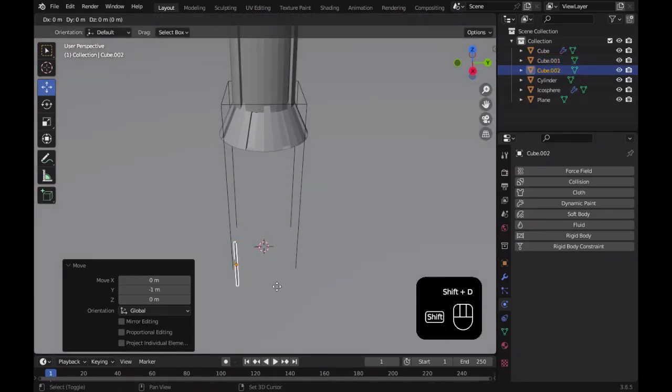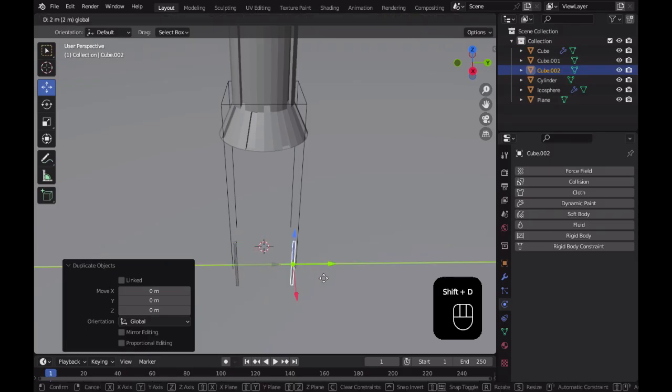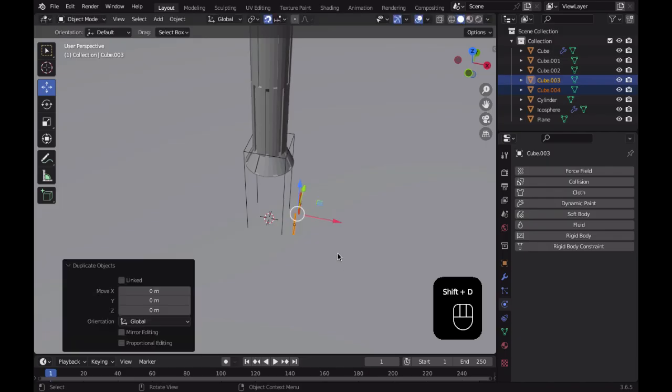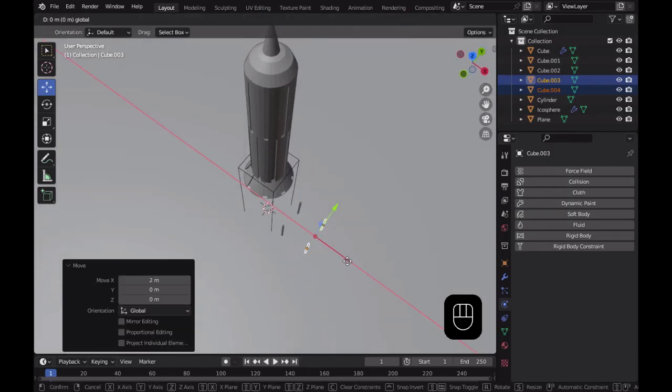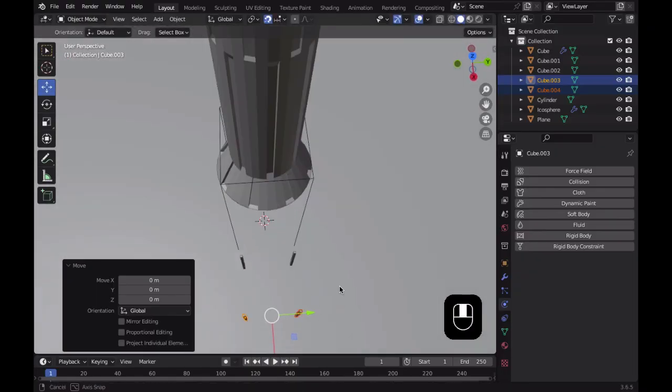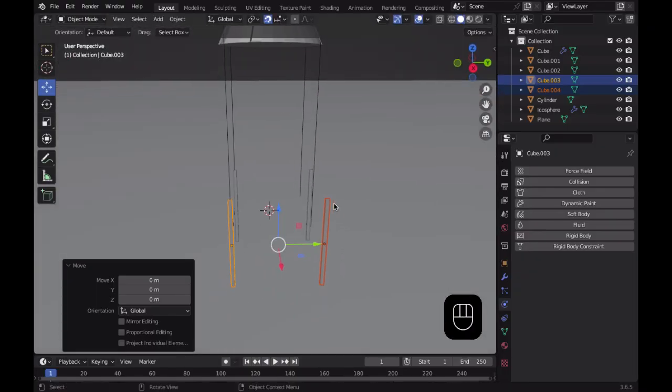So now we're going to duplicate it. We're going to Shift D, and then we're going to click on this, and we're going to press Shift D, and then we click to the side. So yeah, move it one more time. No, one more time does not look good. Yeah, like this. So we straight away have our